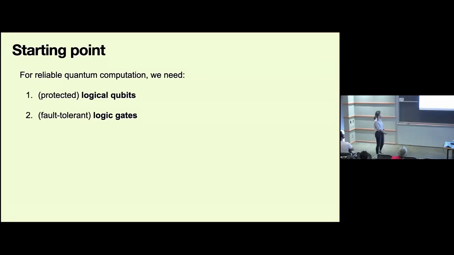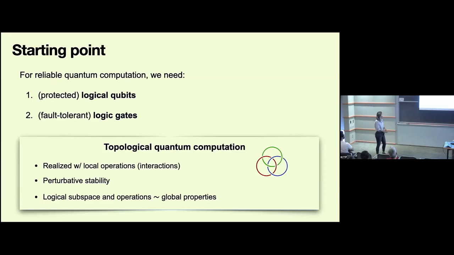So the premise is the following. We want to have a quantum memory which stores logical qubits which are protected from the environment. In addition to that, we want to do quantum logic, and we want to make sure that if our tools are imperfect, we don't screw up our logical state trying to do that logic. Topological quantum computation is an amazing framework for that because it has this stability, and in addition, it hides our logical observables from the environment because they become locally inaccessible.